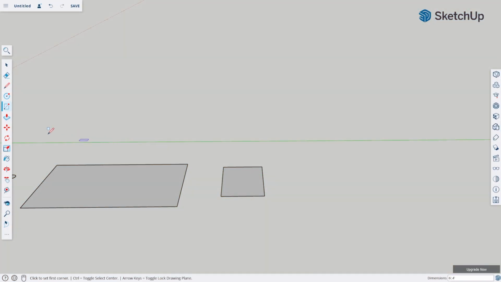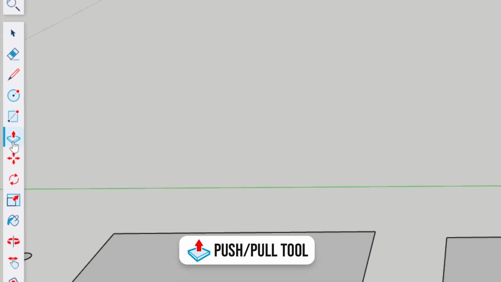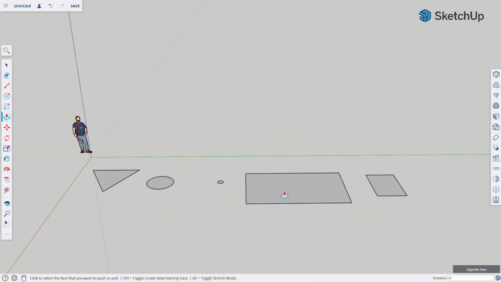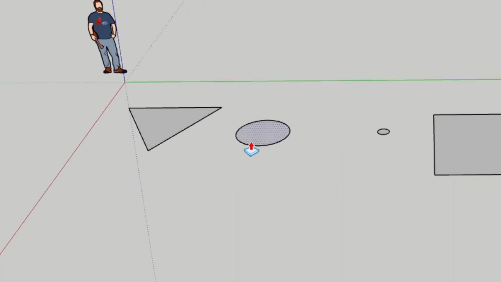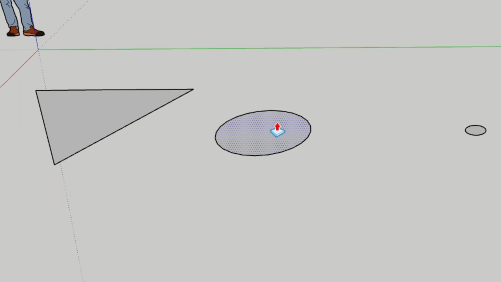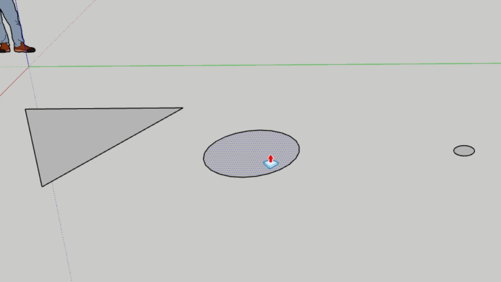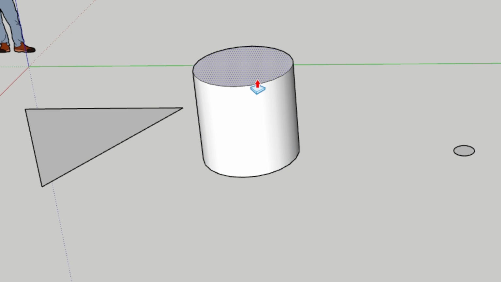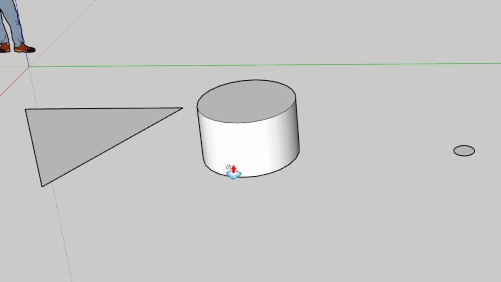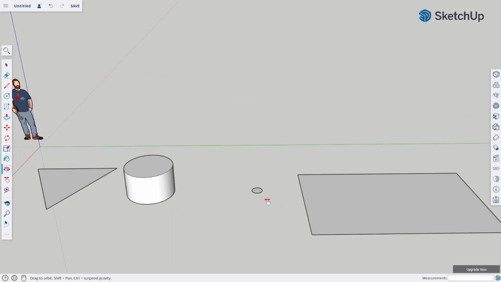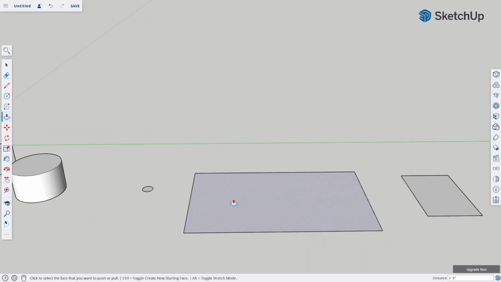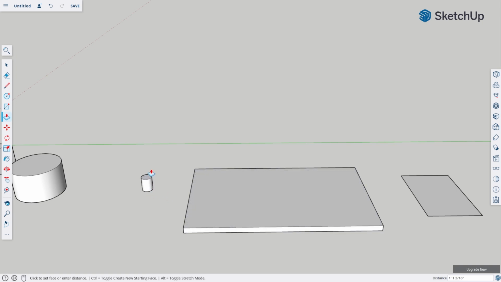And that's it. Next one is the push and pull tool, which enables you to extrude or indent surfaces. Since we have a circle and a rectangle surface here, I'm going to use this to show you how to use it. Just hover it to any closed surface and you can see that it will be highlighted, indicating that you can extrude that. Click once on the surface you want to extrude and then move your mouse up to the desired thickness or depth. To finalize, just click your mouse again to stop the extrusion. And just like the circle and the rectangle tool, you can also set a specific amount for the extrusion. Just type in your desired measurement and you're all set.